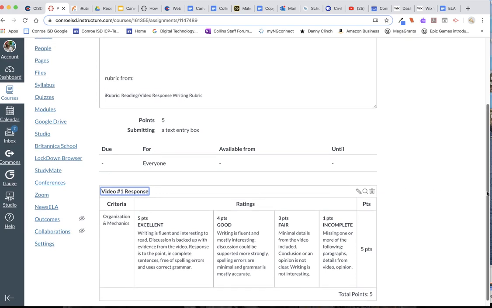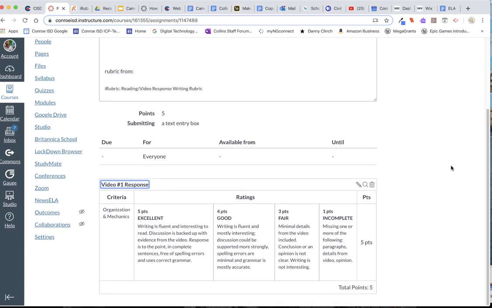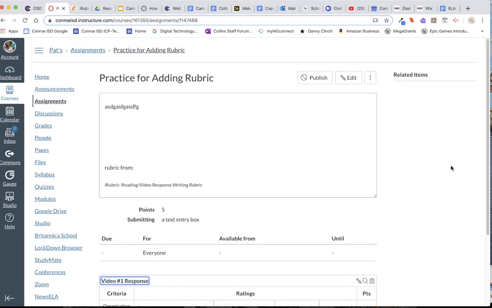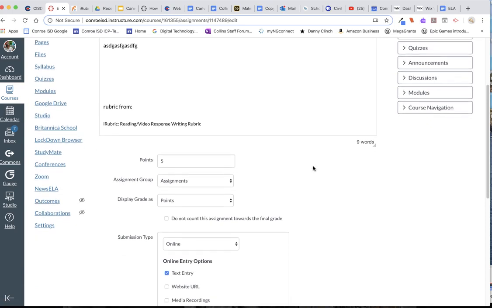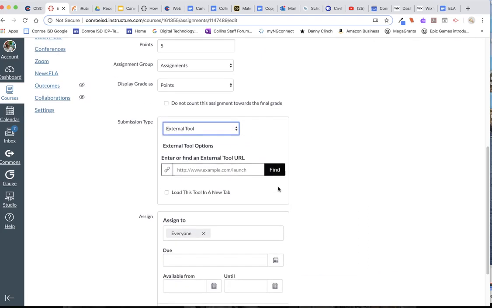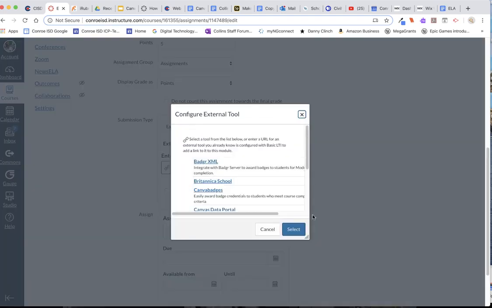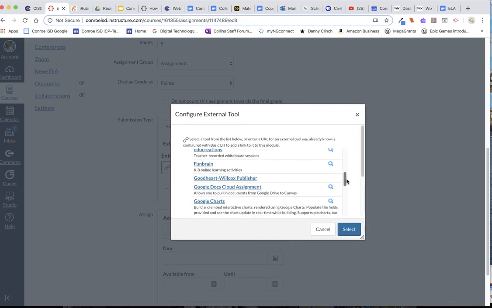Now, my rubric's finished. I'm really excited about that. I could publish it if I wanted to, or I could leave it like it is. But for those of you who want to use the Google Docs cloud assignment, here's the point where you go to Edit, and now you're going to come back down here. Instead of submission type being online, you're choosing External Tool, and then you're going to click on Find, and you're going to do the same thing you usually do, which is to go to Google Cloud Assignment,